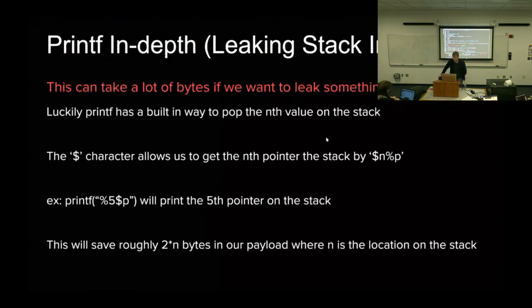Print 1? The RDI register? Sorry, say that again. It'll print the value in the RBP register, above RSP. No. Well, okay. So you're saying in this instance, looking down there, right? So